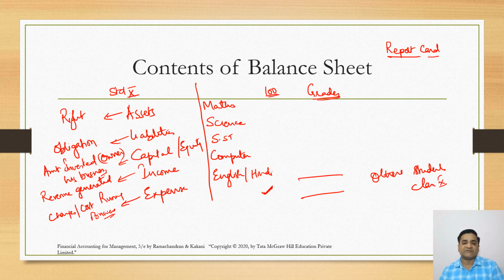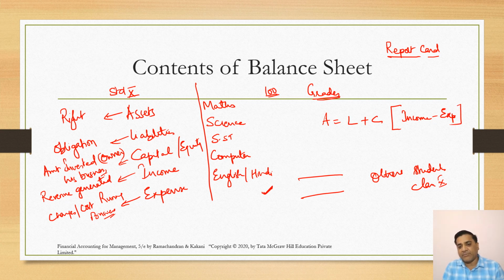So you need to understand these five things, and these five things we have also seen by way of our accounting equation, wherein we have said that asset is equal to liabilities plus capital, and in capital we make adjustments for income and expenses. If income is greater than the expense, you have a profit which adds to your capital, so capital goes up. If the income is less than your expense, then it is a loss which would reduce your owner's equity or owner's capital. Clear? And we have seen that this is the balance sheet equation,